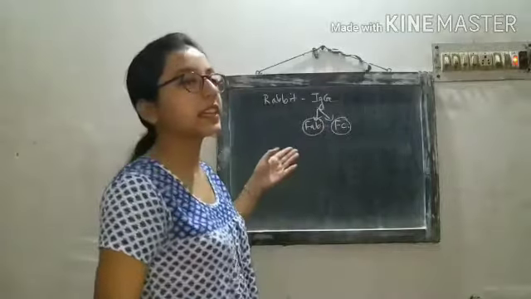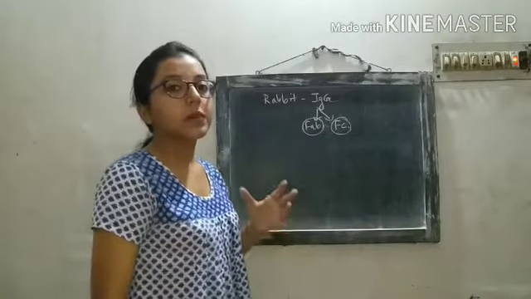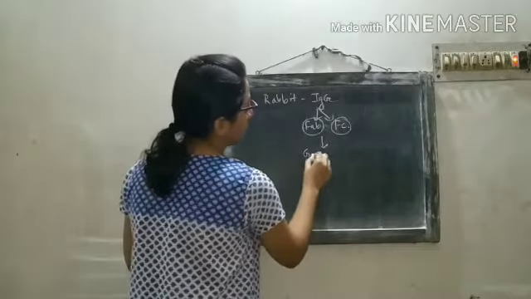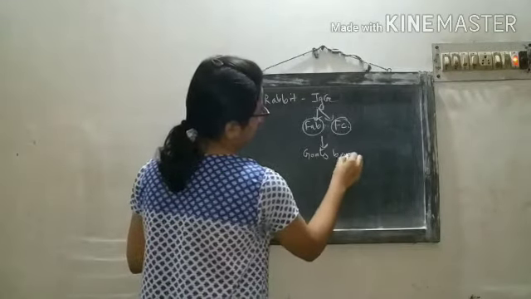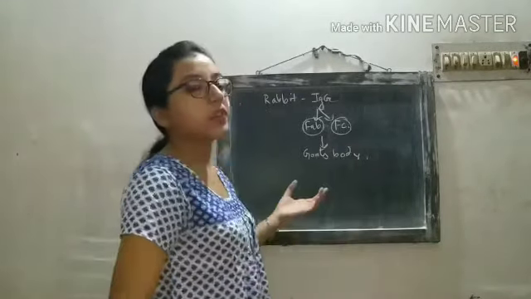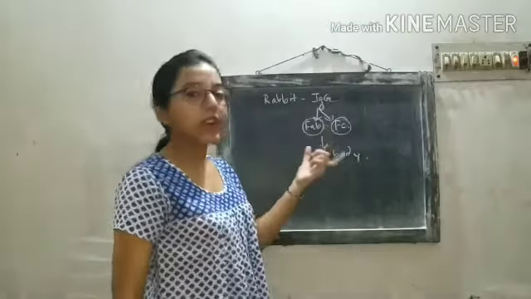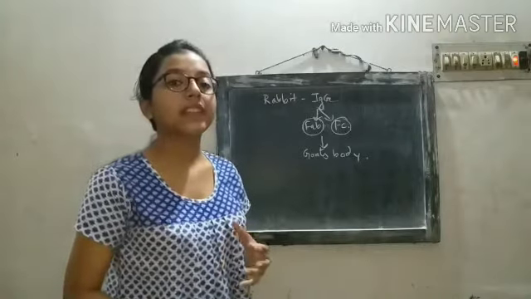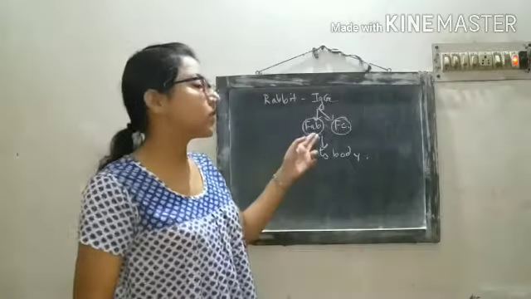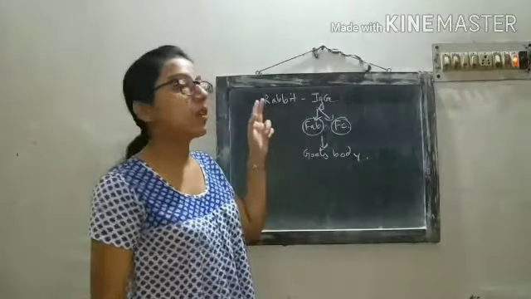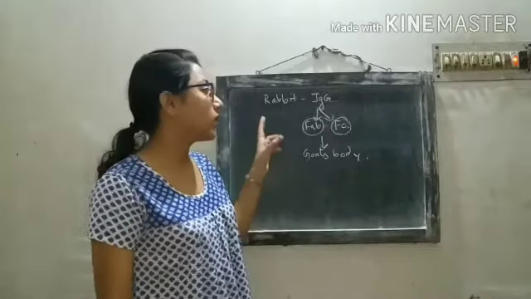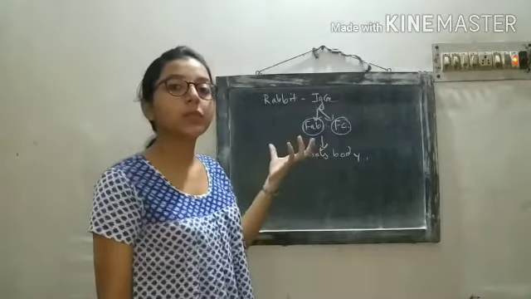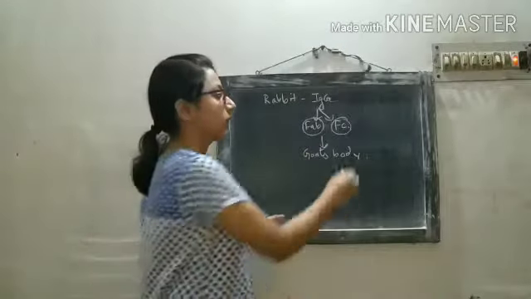These fragments were taken and injected into the body of a goat. Now for the goat, this Fab and the Fc fragment of the antibody will act as antigens, because the origin of these 2 fragments are of rabbit. So for the goat's body, the rabbit immunoglobulin parts are antigens.